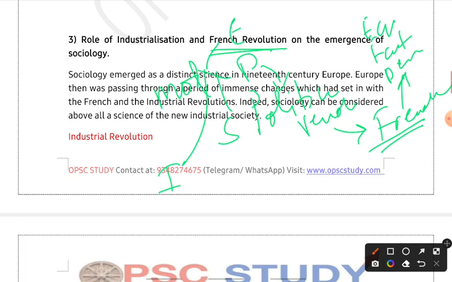Like people were not able to choose a leader who should be making rules, or how things should be proceeding. They were very uncertain in regard to that. So the chaos happened, and in order to understand that chaos, sociology as a discipline emerged, right? Then social revolution was also happening, right.